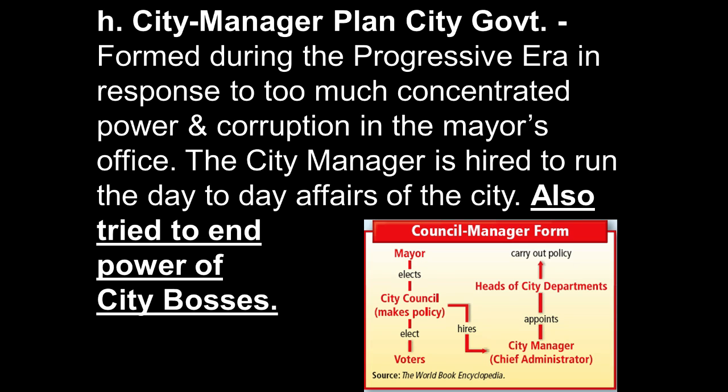So you have the voters elect the city council, they make policy, and that city council then hires the city manager. So this council of people, multiple members, they appoint the city manager who actually does all the jobs for head-to-head stuff. So you don't have this one mayor who's elected appointing everybody else. You have the council, which is more democratic because it's a larger group. They have to decide to hire a city manager who then kind of manages how things are done. It's a little more democratic, less prone to corruption because you have a whole council that's responsible for different districts within the city. The power is more spread out among all the council members as opposed to it just being in the mayor.